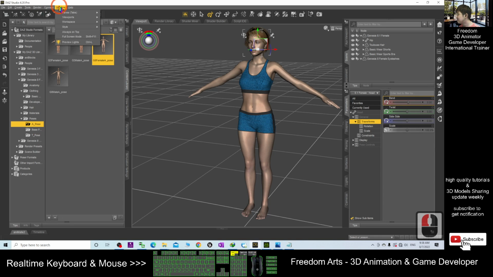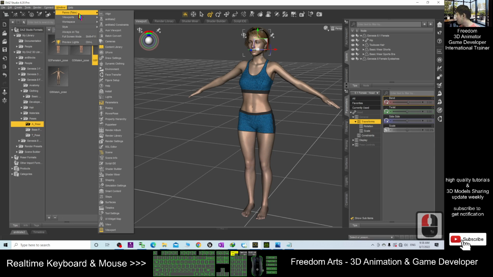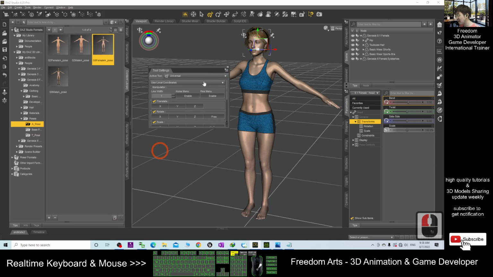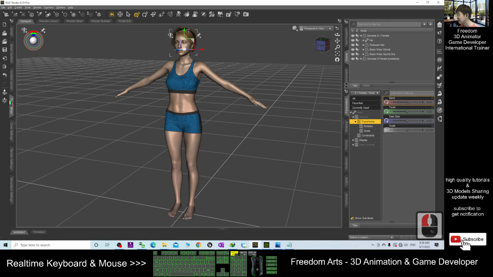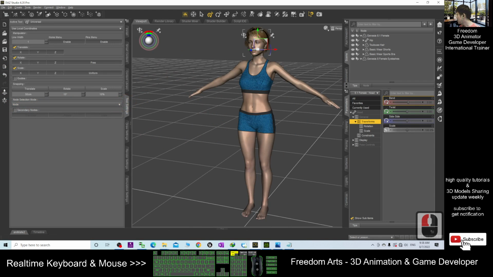Window, Panes, and then Tool Settings. Tool Settings is here. You click, it will appear here. You drag it to the left tabs. Then you can see it will be there. And next,